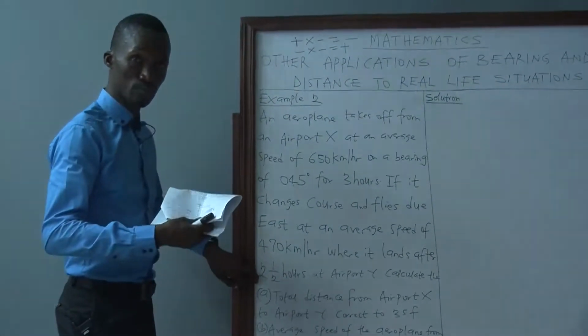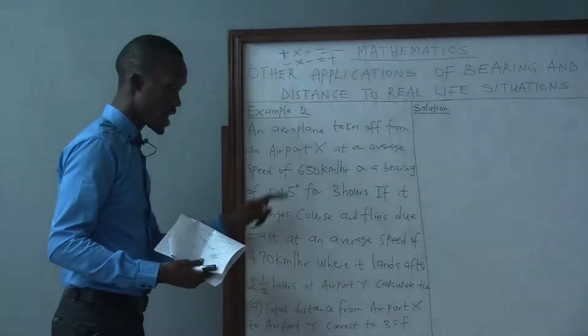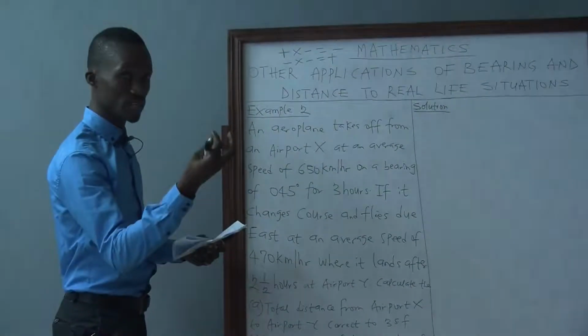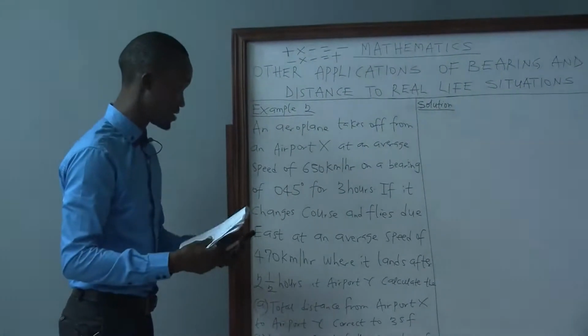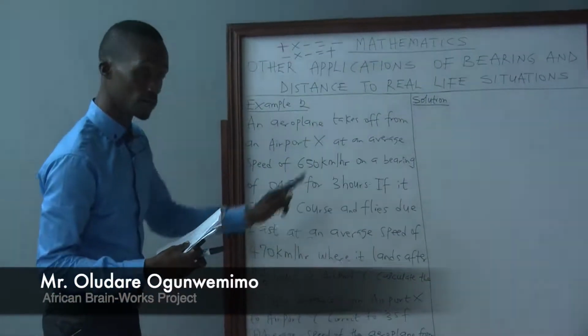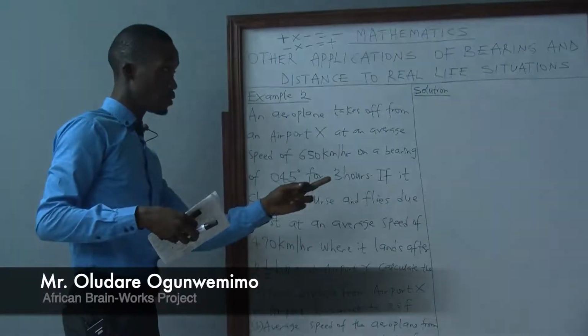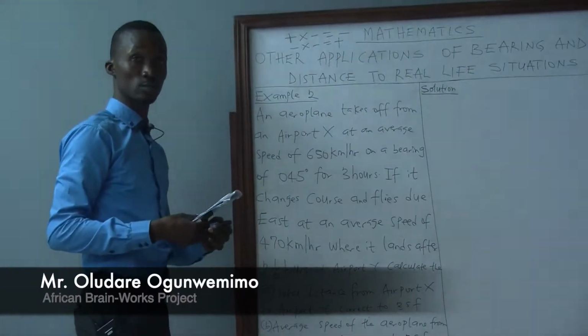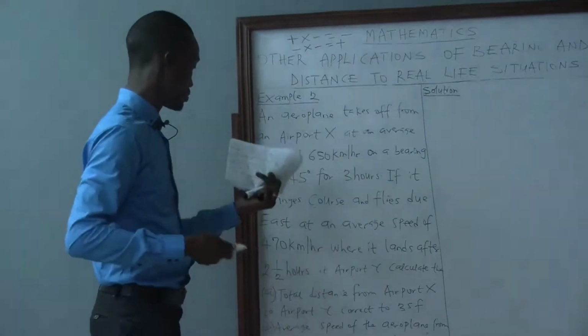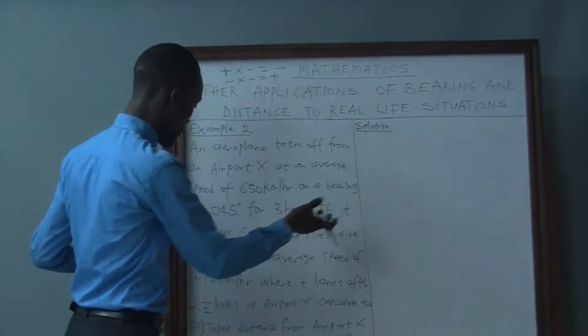So this is a little bit different from the first example. Here we have two values of speed, we have two times. We have 3 hours as T1 and 2.5 hours as T2. But in the first example, we were only given 2 hours, which is the only time that we were given in the question. So from here we have